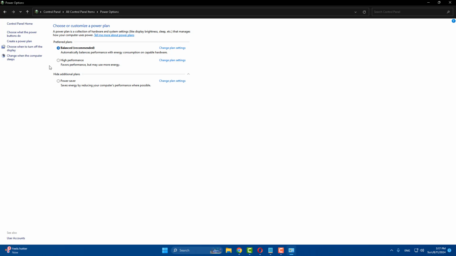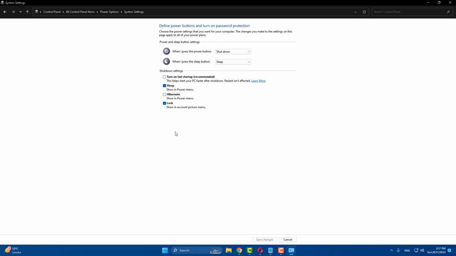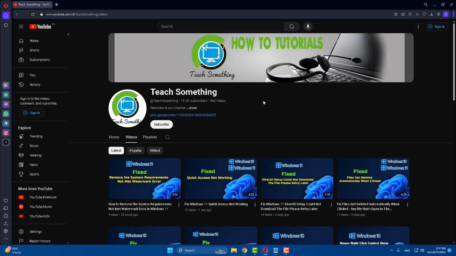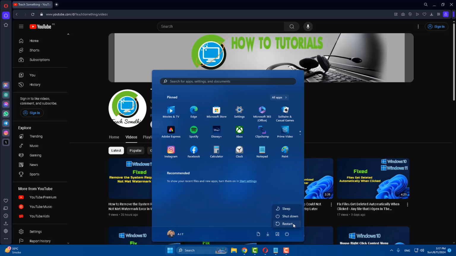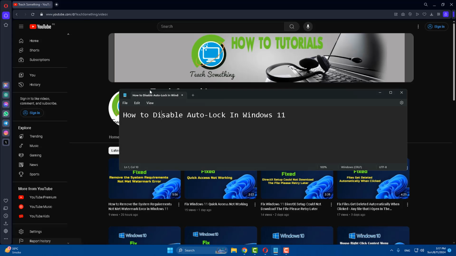Power Options, click on Choose what the power buttons do, and click on Change settings that are currently unavailable, and uncheck the lock. Click on Save changes and click on the close button. After that, restart your computer, and I'm sure that after doing this your settings will be applied